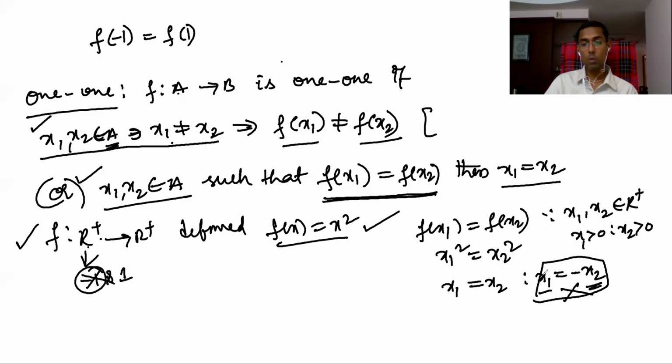One positive number equal to minus x2 you are getting. So one is positive, one is negative you are getting. x1, x2 both have opposite signs you are getting. So therefore here this is not possible. Therefore f of x1 equal to f of x2 implies x1 equal to x2, like this we can say. Here both x1, x2 are positive, therefore this is not possible. So only you are getting this.